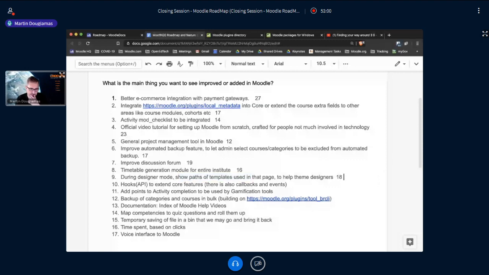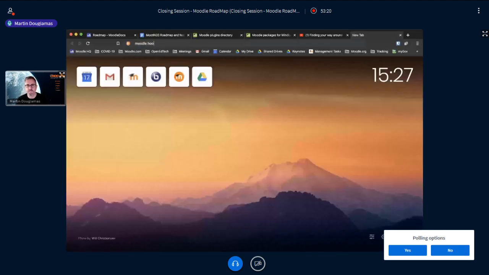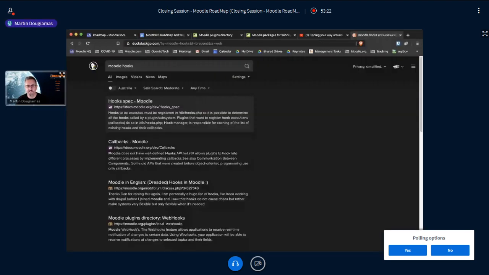Okay, we need more hooks. The proposal is more hooks to extend core features on top of callbacks and events, plugins, all the other ways we have. There was a proposal for hooks, which is probably what someone's referring to, which didn't quite get implemented as planned.